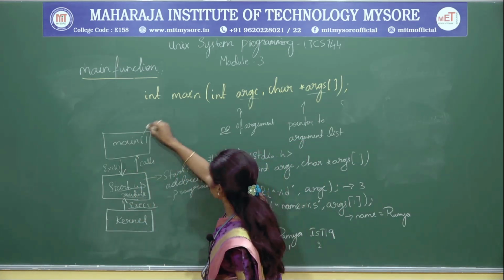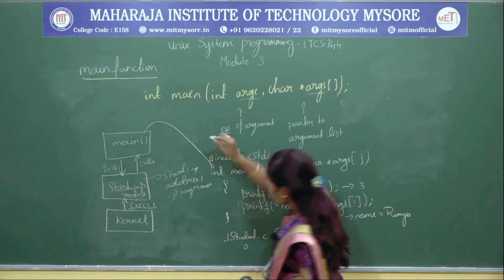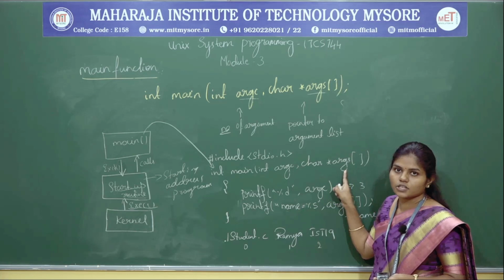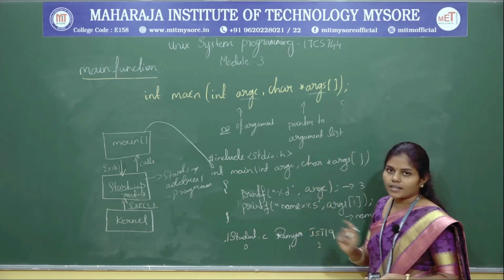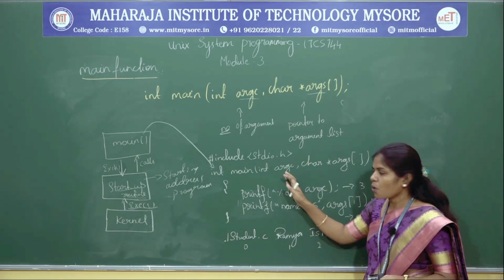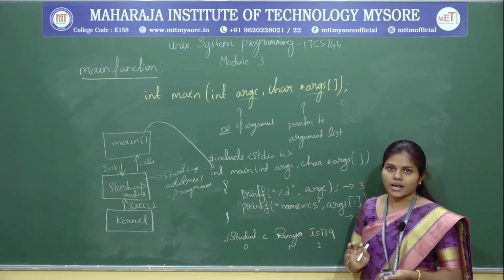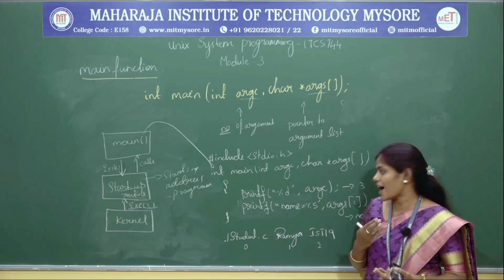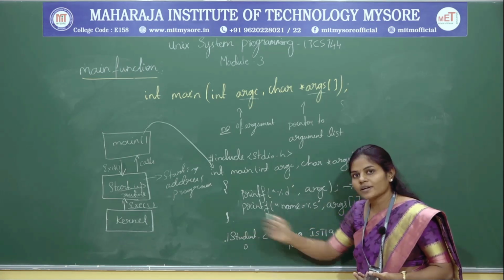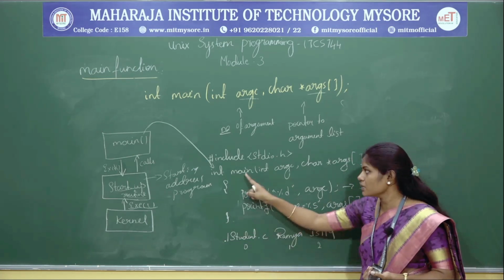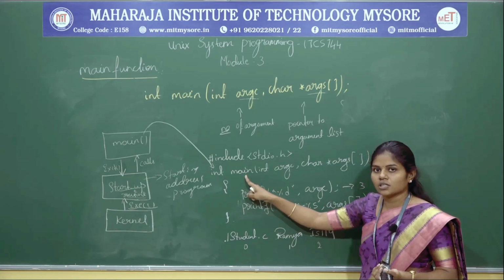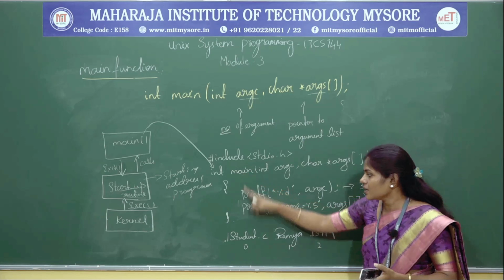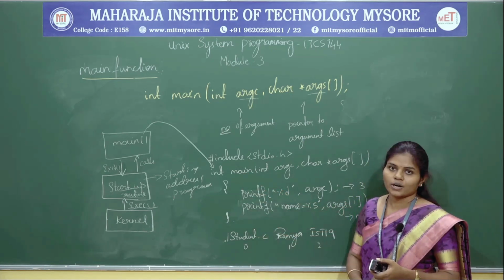The control will come to the main function here. Now it is going to execute the program. After executing, the program is going to end, right? When it ends, it should return some value, right? See here, I have not written any value. Main is a function, and each and every function should return a value, right? But here I am not returning any value.